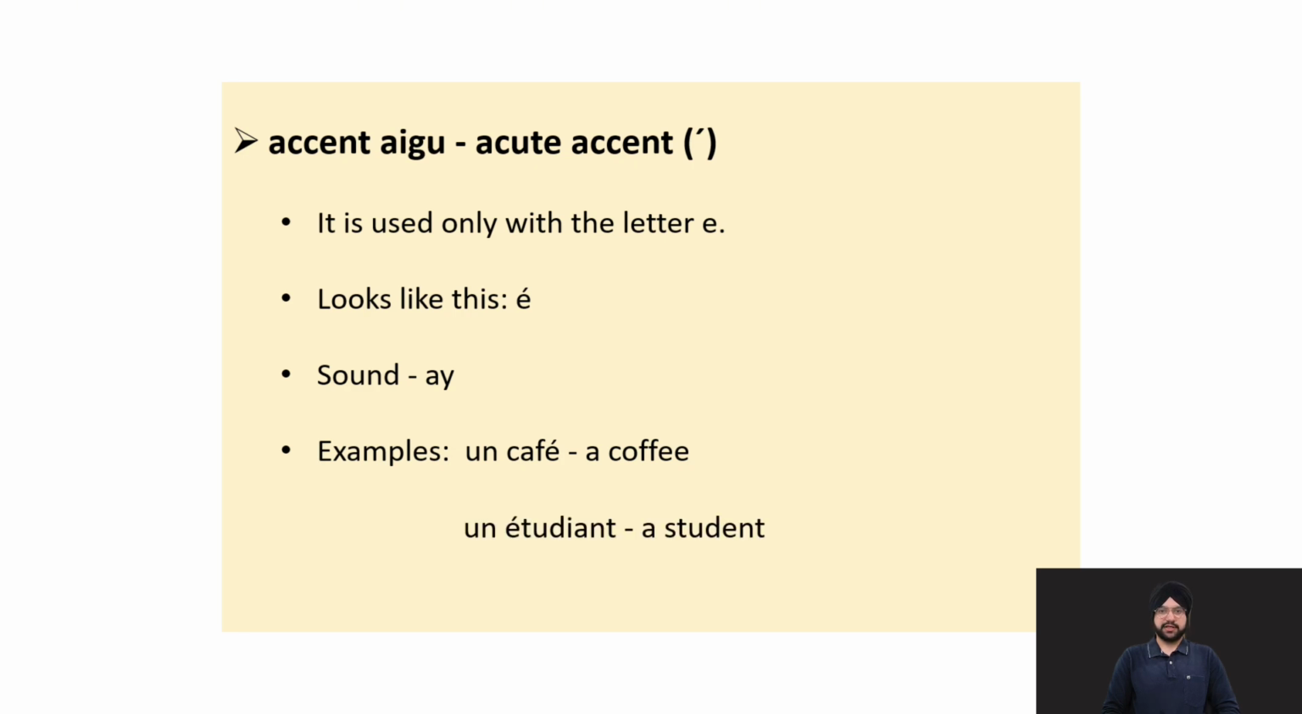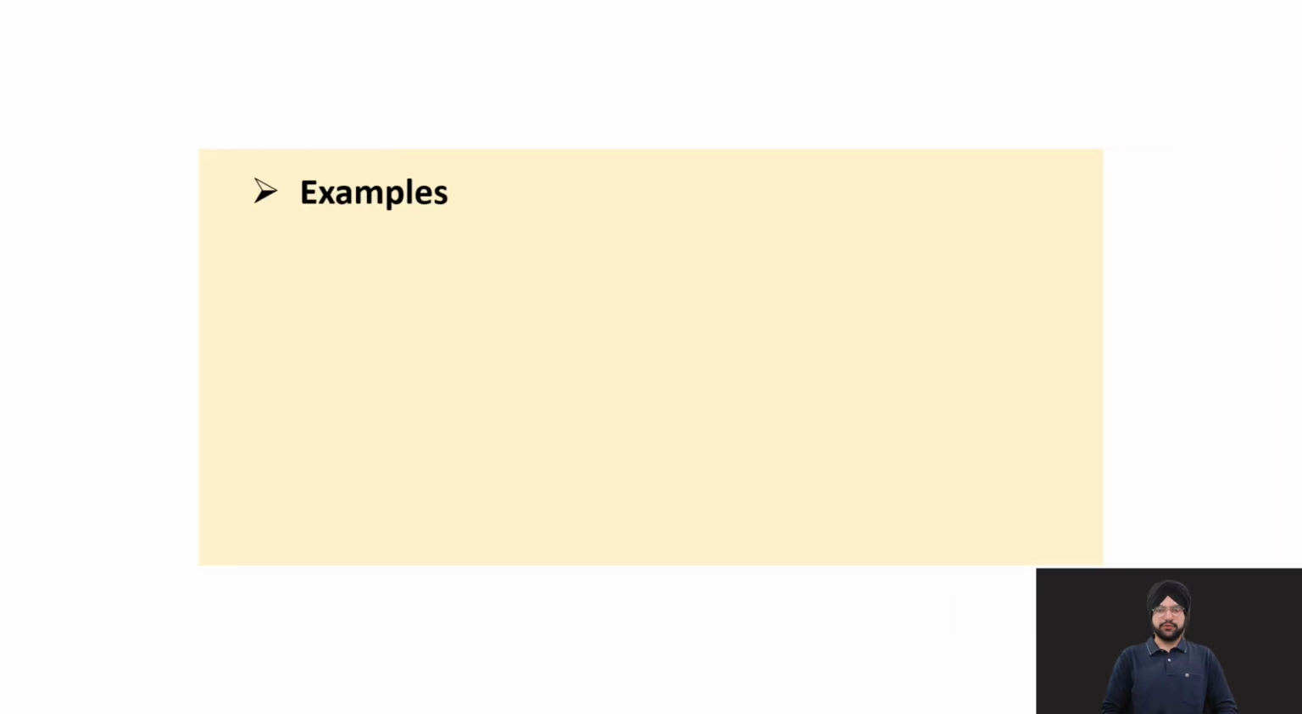Another example is un étudiant, which means a student. Not only the accent aigu is present, but also the liaison takes place. That is, the N gets connected with E, and therefore it sounds like un étudiant. Un étudiant. You can see the accent aigu in many other words, such as une télévision,